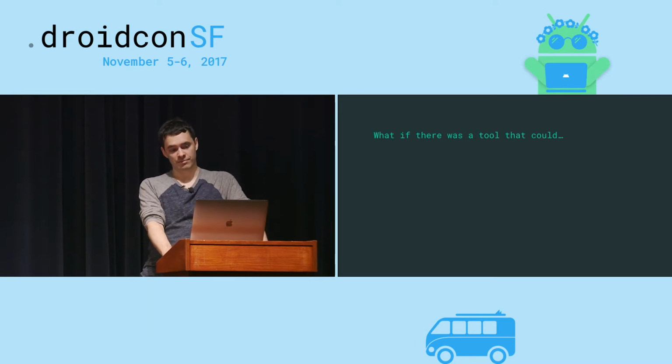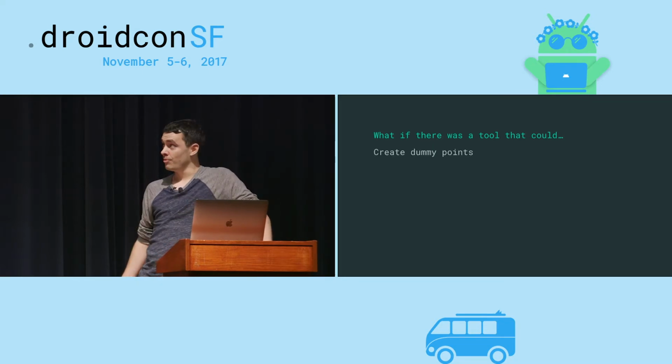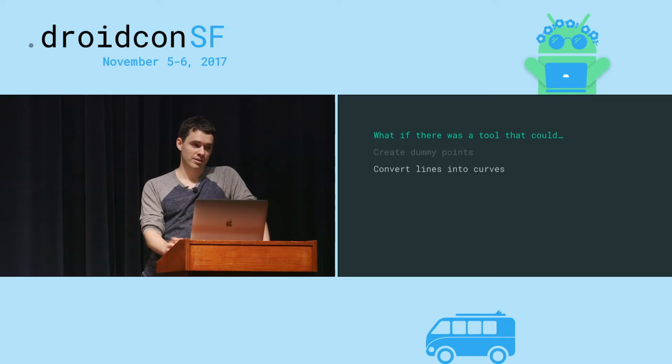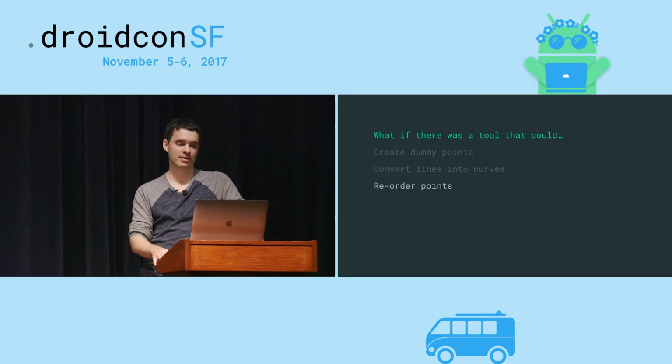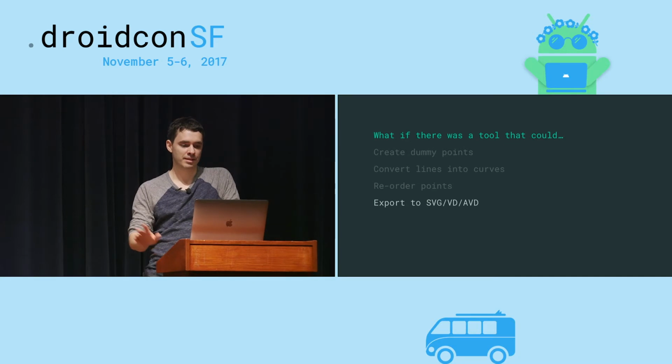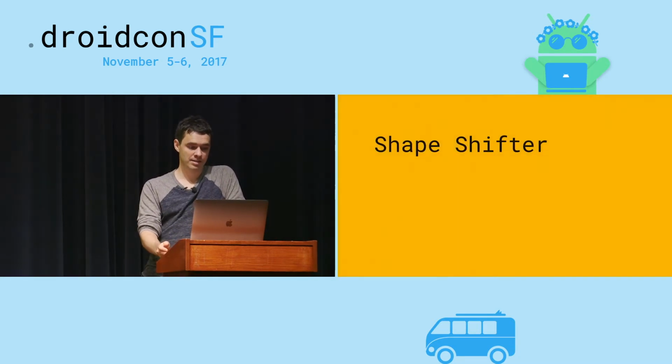So we thought, what if there was a tool that could create dummy points, convert those lines into curves to make the paths compatible, reorder points, whether it's reversing the order or shifting them, and then immediately export to SVG, vector drawable, or AVD. And this is where the idea of Shapeshifter was born, a web app that I designed specifically to solve these problems. And